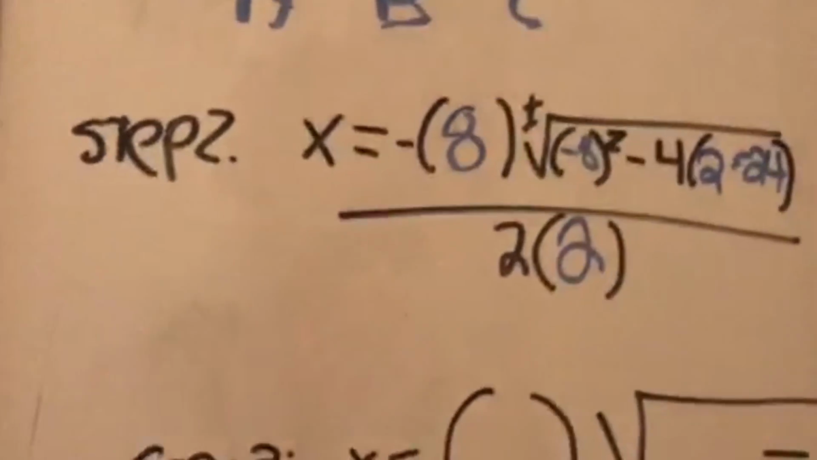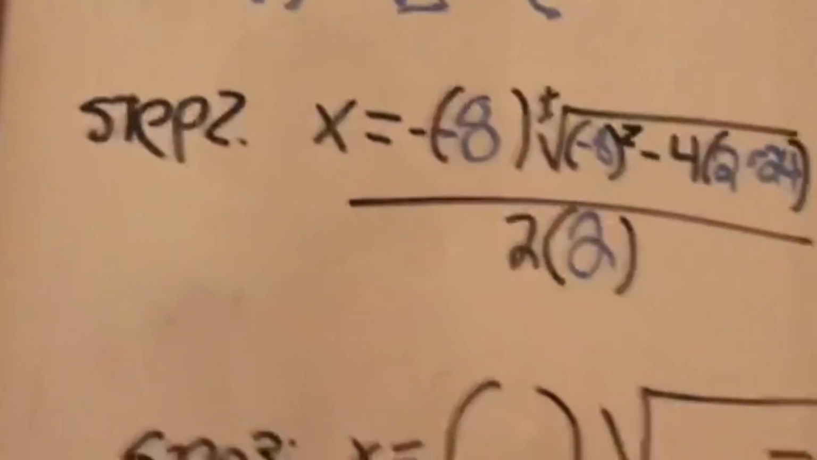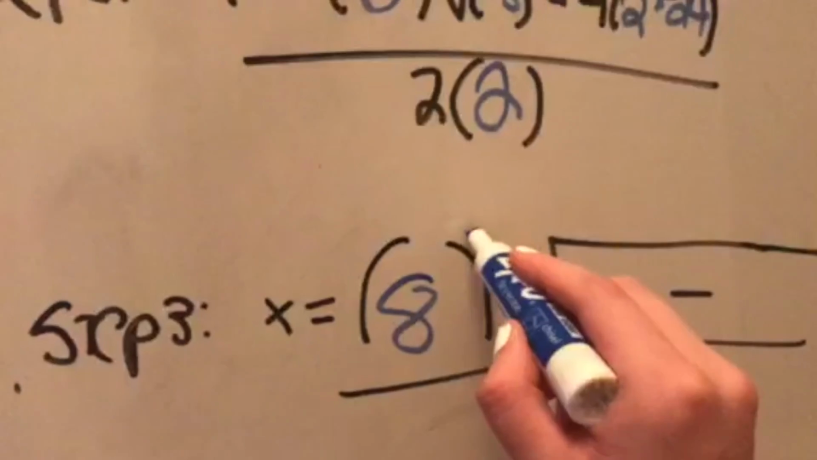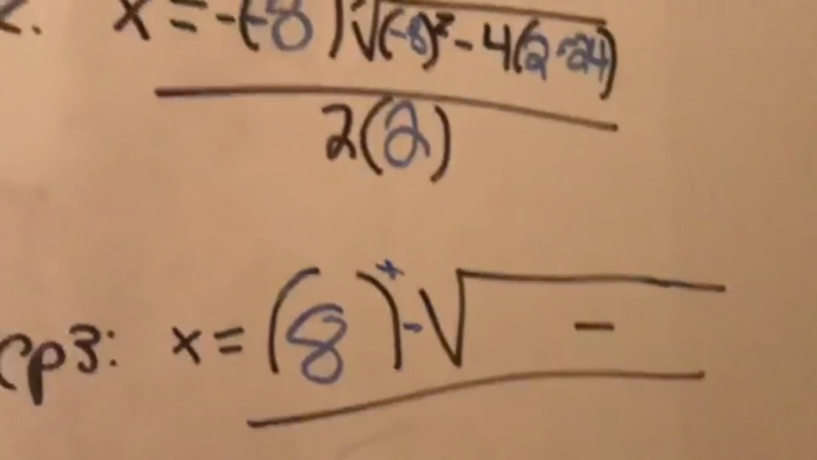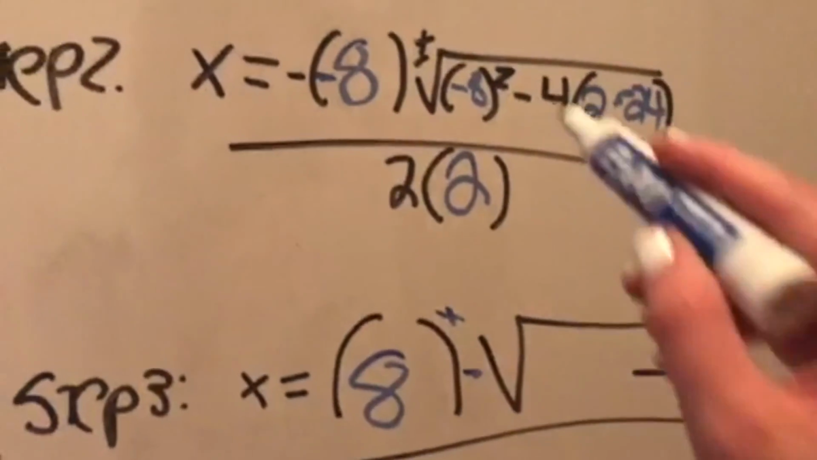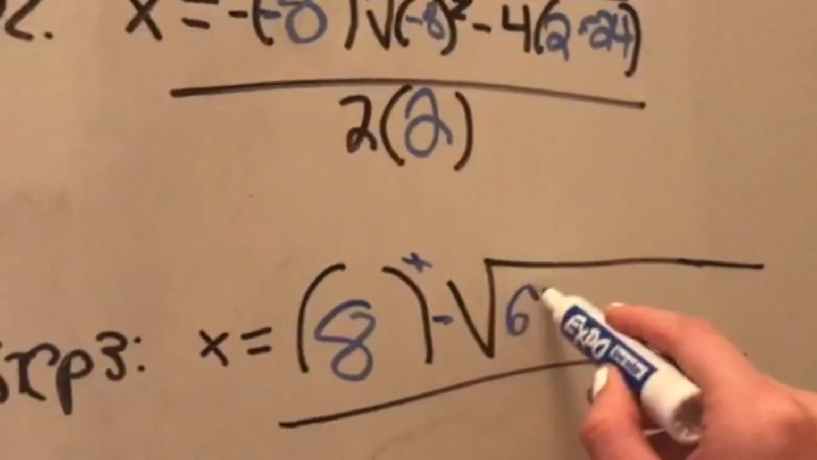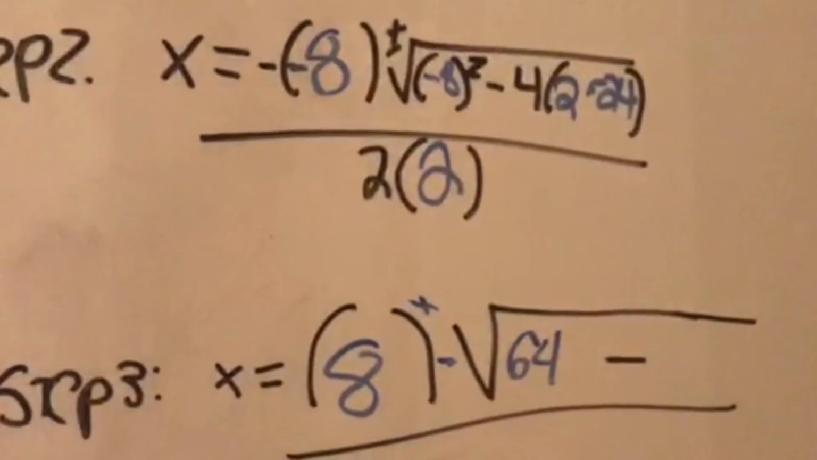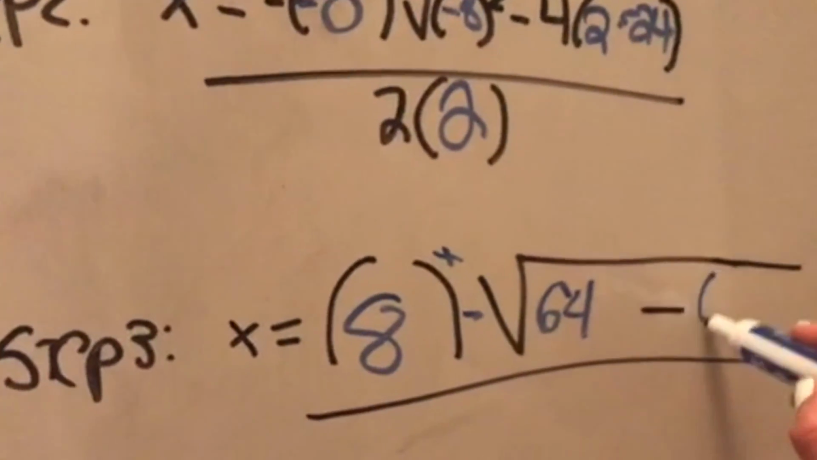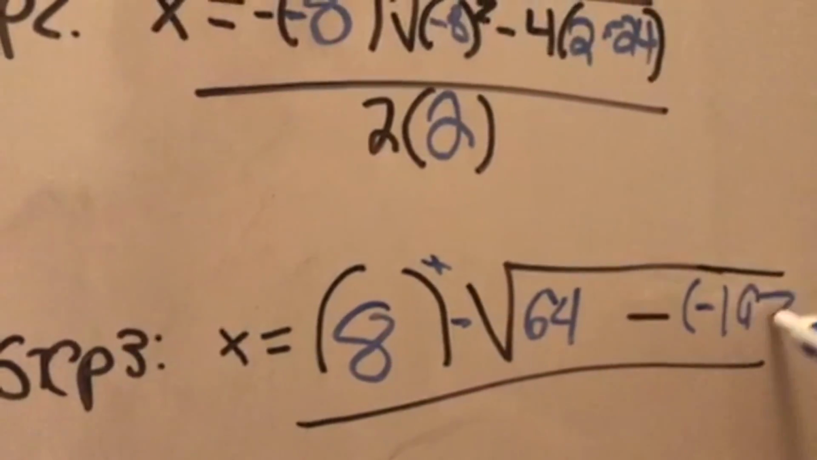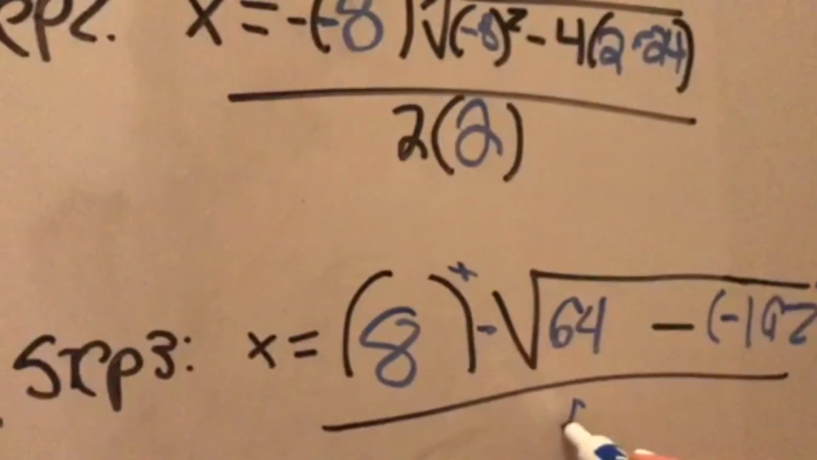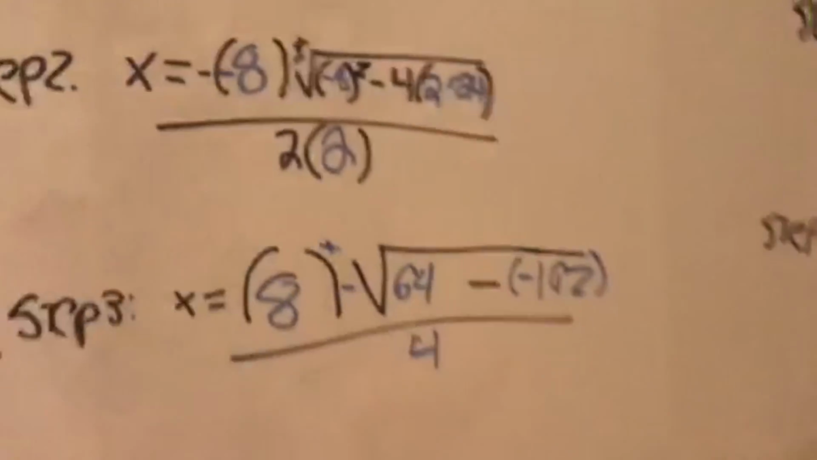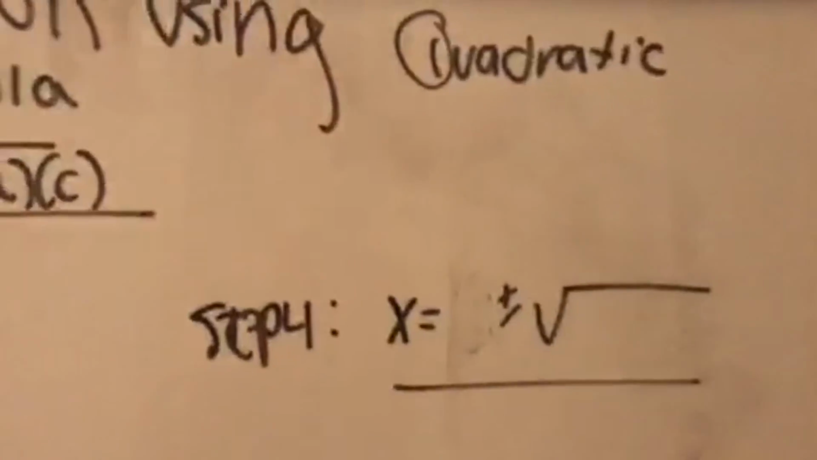So negative 8 times a negative equals a positive 8, which is plus or minus, negative 8 times negative 8 because it's squared. So that would be 64 minus 4 times 2 times negative 24, which equals 192, over 2 times 2, which is 4. So that simplified even more is